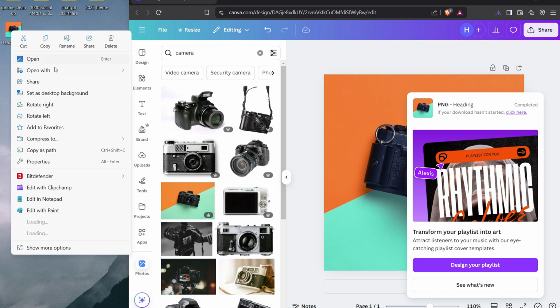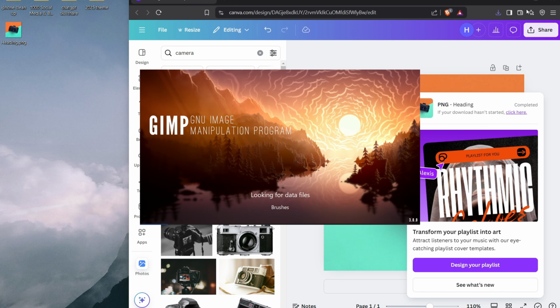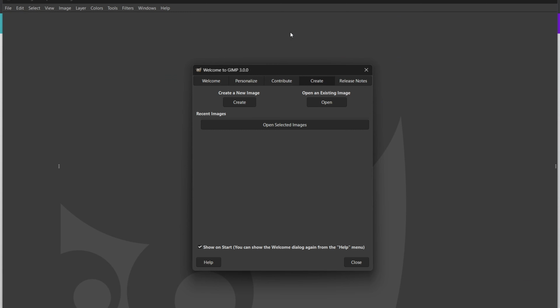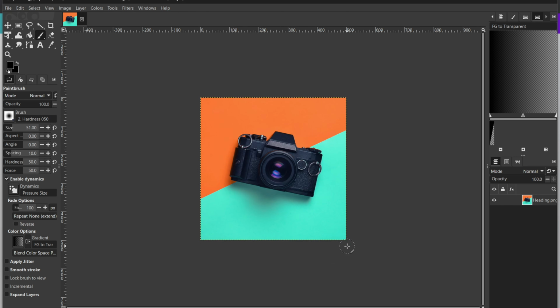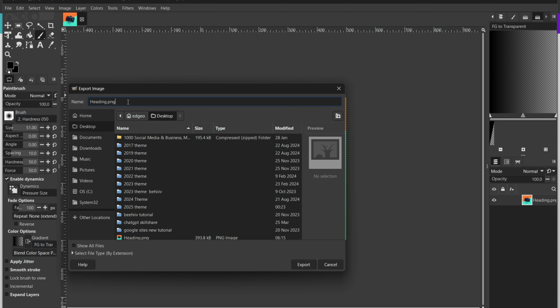Now what I like to do is open this with GIMP over there. Allow GIMP to load. Great, and then we have the image right there. I usually like to go here to File, and then I like to go to Export. Then I like to change this from a PNG to a WebP. I just find that this maintains the quality of the image, but reduces the file size significantly so your site